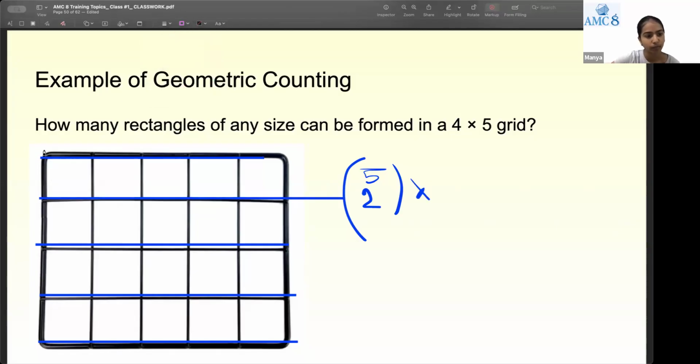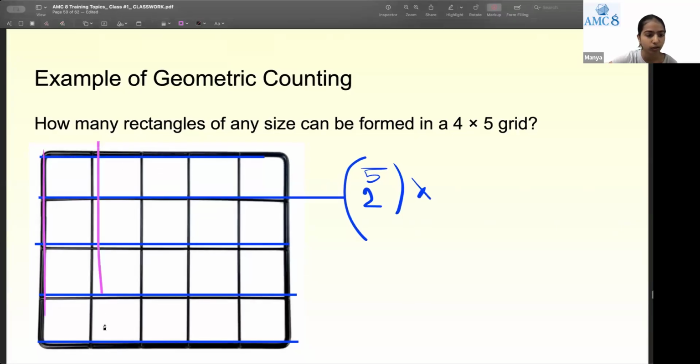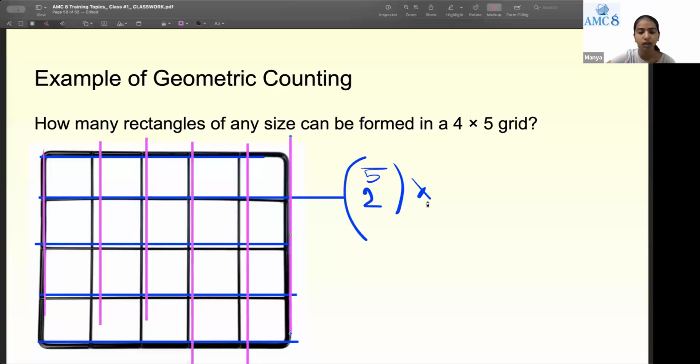vertical lines are there? 1, 2, 3, 4, 5, 6. There's 6 vertical lines. So 5 choose 2 times 6 choose 2. Once again, we will need to choose 2 of the vertical lines to make the vertical part of the rectangle. So 5 choose 2 times 6 choose 2 is equal to